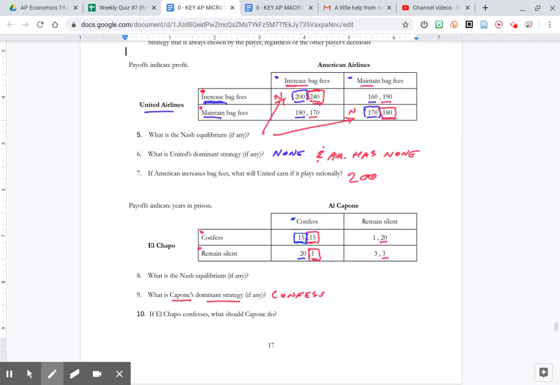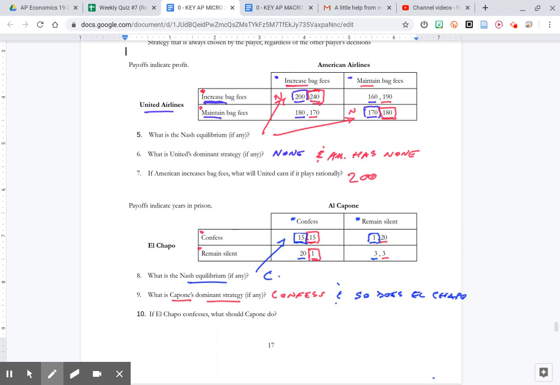Now, if, on the other hand, he thinks that Capone is an idiot and is going to remain silent, then he could either confess and get 1 year or remain silent and get 3. Well, he's going to confess. So we would also say, and so does El Chapo, right? They have the same dominant strategy, which means now we only have one Nash equilibrium, and that's